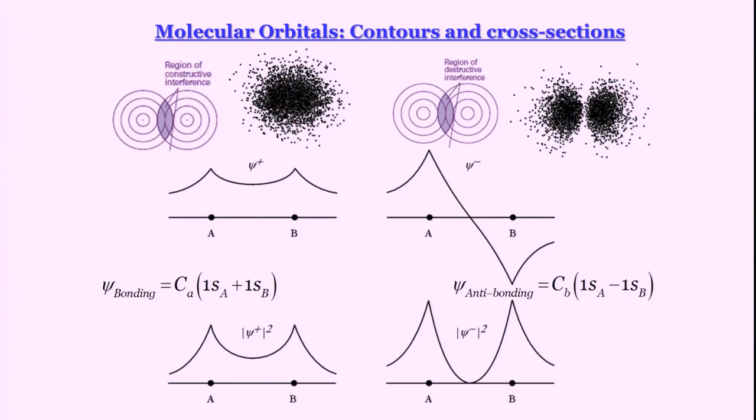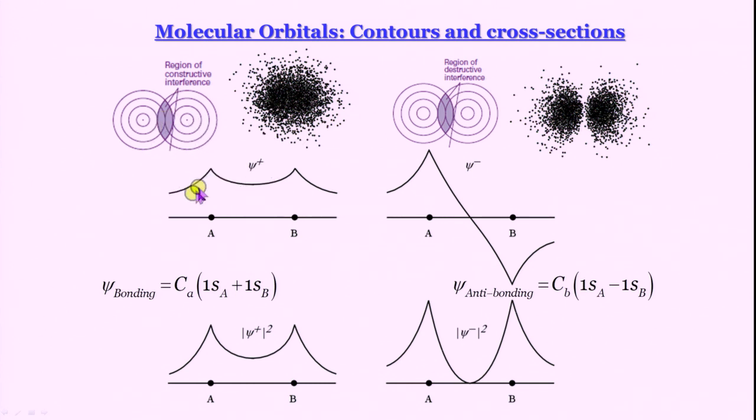If I plot them, this is what you get when they are at equilibrium bond distance. There is some overlap of the orbitals. So, in this region you see they actually add. In regions where A has some value of psi, but B does not have too much, then it is practically A, here it is practically B. So, when you add them up for psi plus or psi 1, you get this kind of a profile.